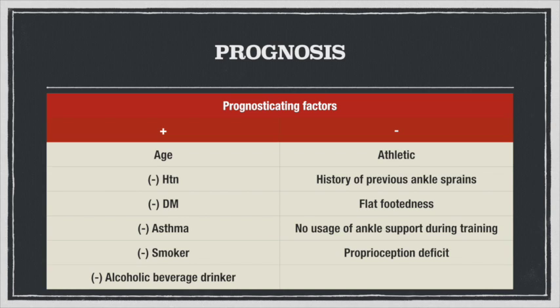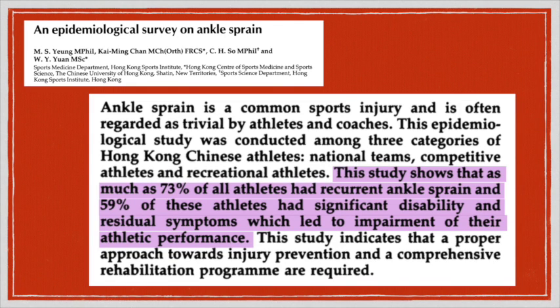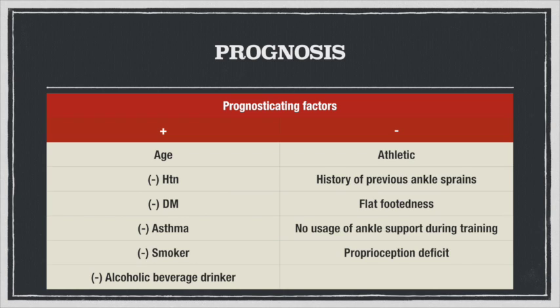The negative factors include the patient's athletic lifestyle, which would mean that the patient puts an increased amount of stress on his foot even after the injury is treated. The patient's history of ankle sprains will also be a factor. Based on a study by the Hong Kong Sports Institute, it stated that as much as 73% of all athletes had recurrent ankle sprains, and 59% of these athletes had significant disability and residual symptoms, which led to impairment of their athletic performance. As it was said in the objective portion, the patient's flat-footedness can also be a reason for